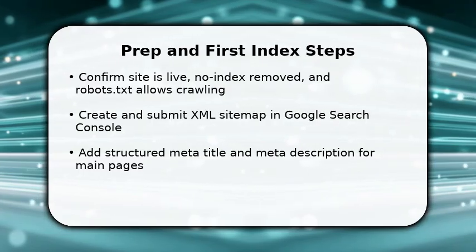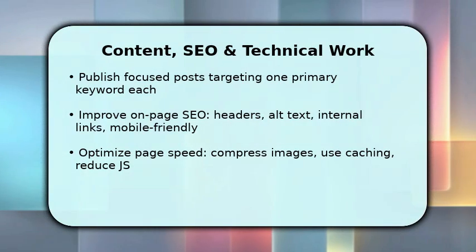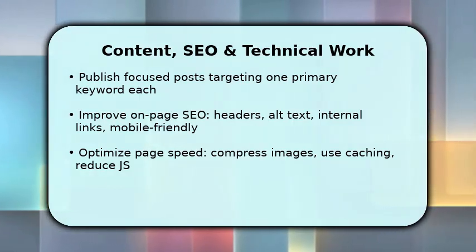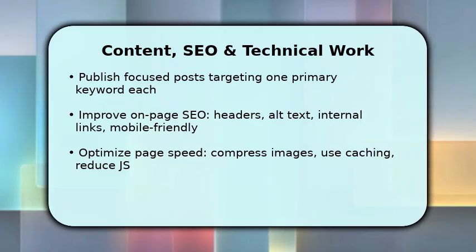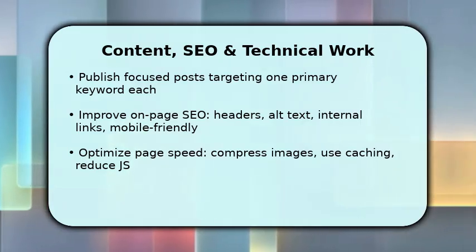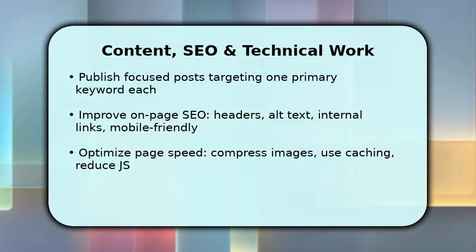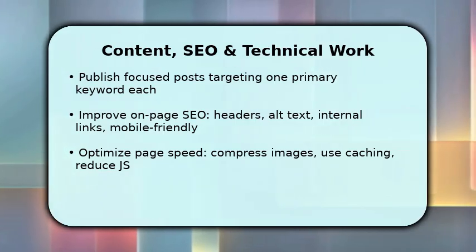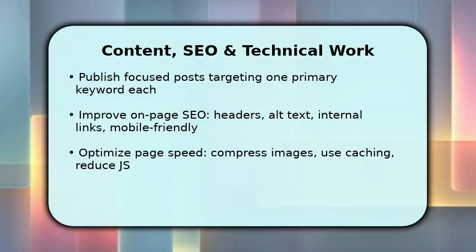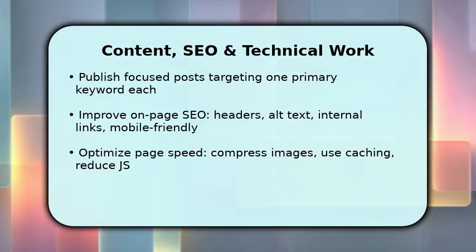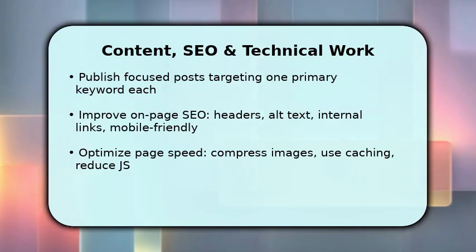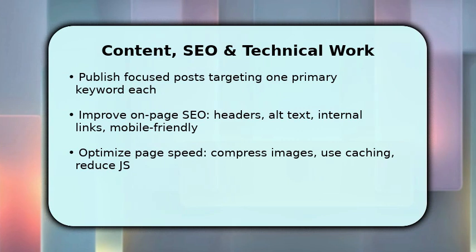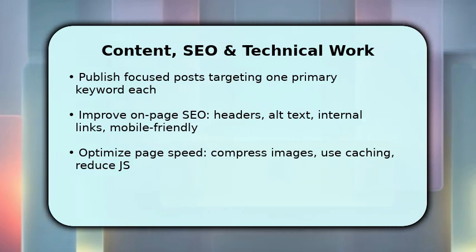Next, you focus on creating and optimizing content. Publish posts that target a single primary keyword and satisfy user intent. Make sure headers follow hierarchy, images include alt text, and you link between relevant posts to pass authority. Simultaneously, audit mobile usability and cut page load time by compressing images, enabling caching, and deferring non-critical JavaScript. Once you implement these changes, reindex key pages in Search Console and monitor performance to see which pages gain impressions